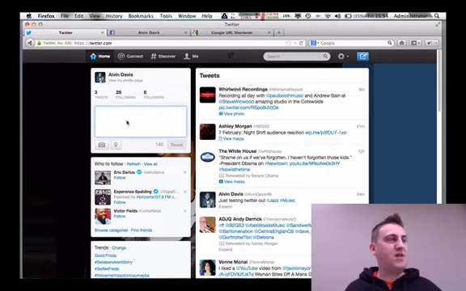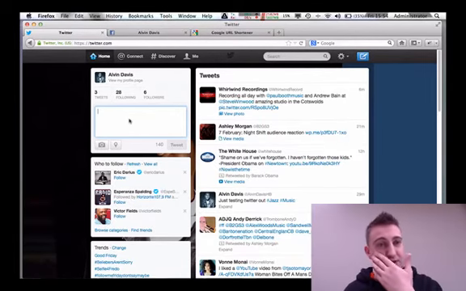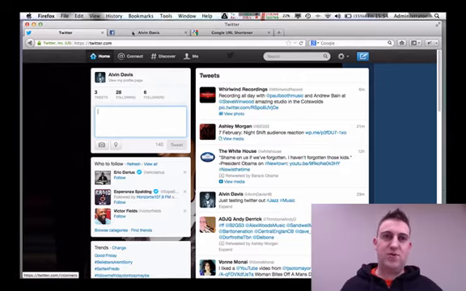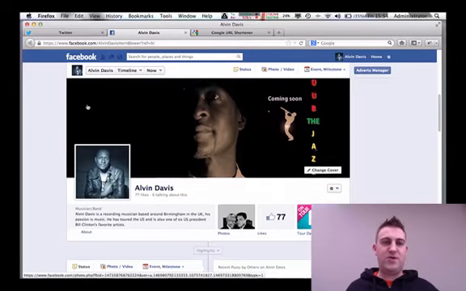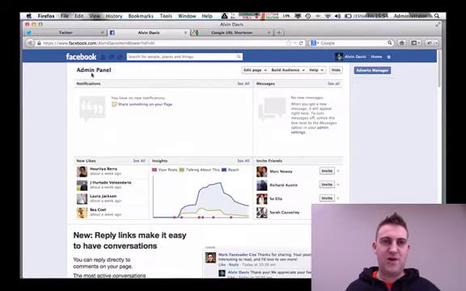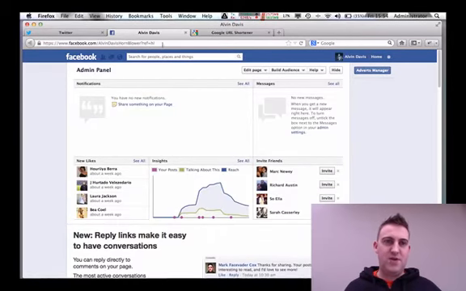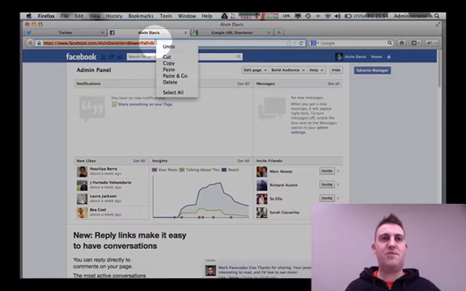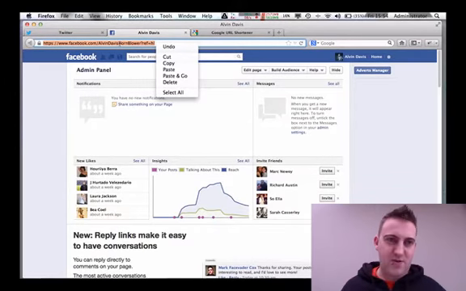The problem with this is if you want to post something from a website or from Facebook or a direct web address, it takes up a lot of these 140 characters. So what you need to do is shorten a link. For example, we've got Alvin's Facebook page here. We want people on Twitter to see that he's got a Facebook page. So we go to the top toolbar, find the browser bit, and you copy the URL, which I've highlighted here,